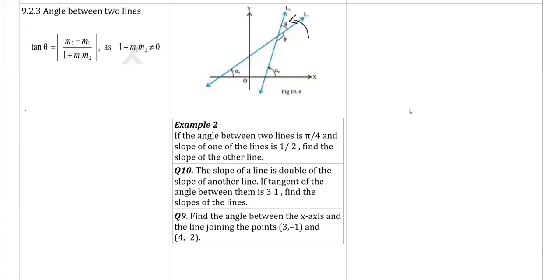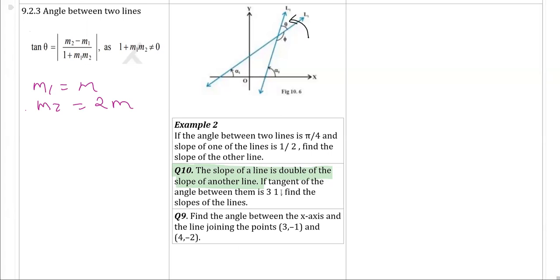Continuing with this, now we are on question number 10, exercise chapter straight line textbook. It says the slope of a line is double the slope of another line. So that means if I take the slope of the first line, say m1, as m, and the slope of the other line as m2, then the slope of the other line is 2 times m. And if the angle between the tangent,